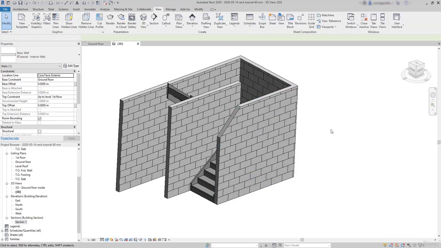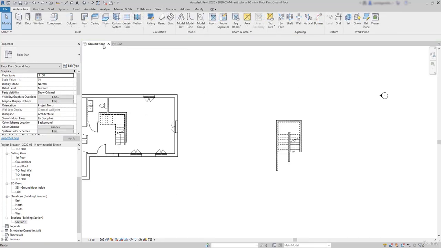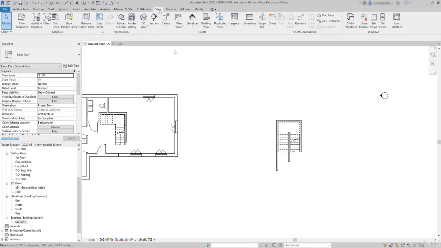However, I find it a bit hard to edit a wall profile in a 3D view. So I recommend to do it in a section view or in an elevation. In this example, I'm going to do it in a section. I go to the ground floor, and then I'm going to insert a section, find the icon on the View tab,